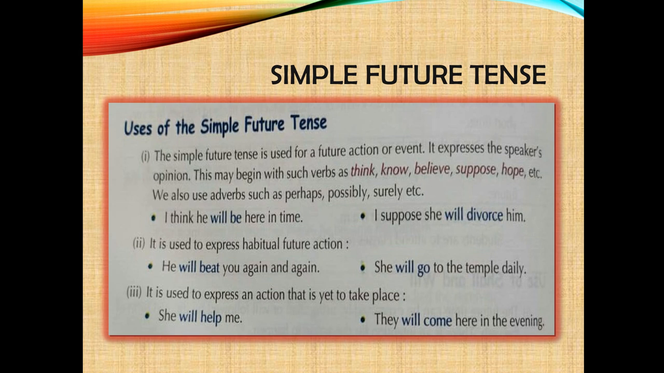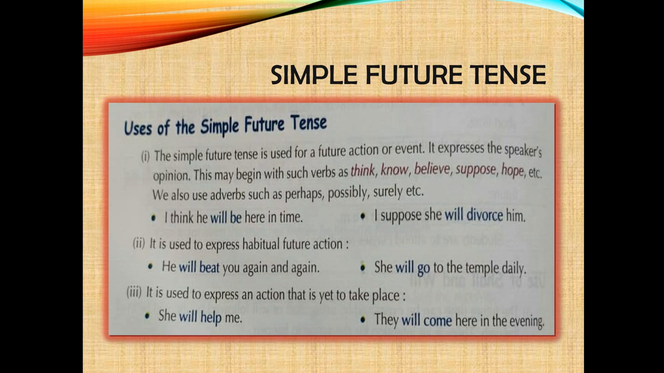Will is used for the first person to express willingness or determination. Okay, I will help her as much as I can. I will meet him myself. We will never commit such a mistake again. So that is the use of will with the first person to express willingness or